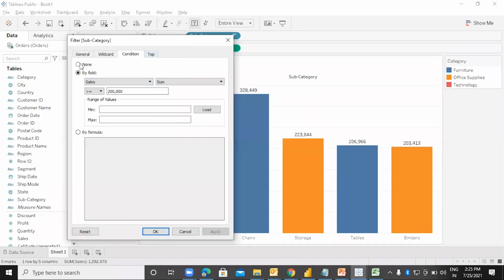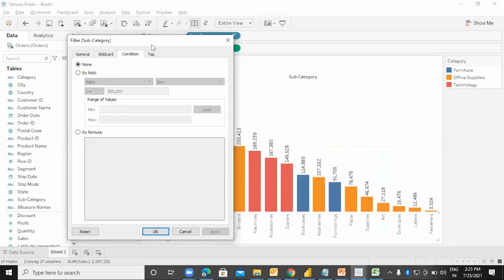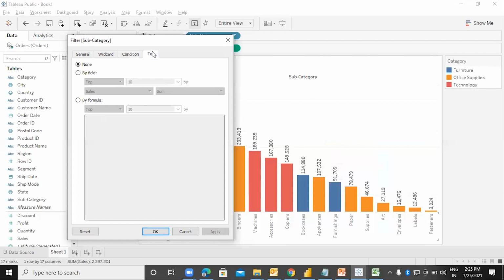The fourth tab, let me say none and apply so that everything is visible. The fourth tab we have over here is a top tab. Suppose I wanted to display only the top three. I'm getting the top three over here and say apply.